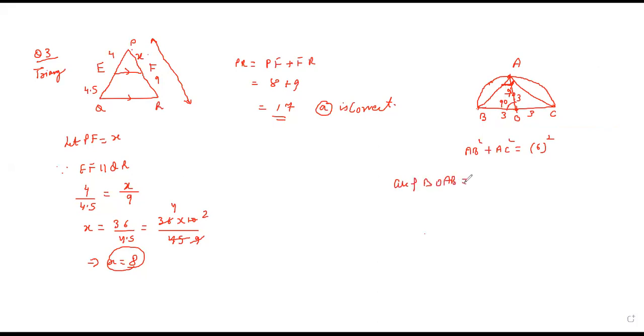OAB, which is equal to 1 by 2 into 3 into 3 into sine 90. Sine 90 is 1, so that is 3 into 3, 9 by 2. So यही एरिया आपका दूसरा आया, तो 9 by 2 plus 9 by 2. So this is equal to 9 is the answer according to me. या कोई और प्रॉपर्टी उसको देनी चाहिए?